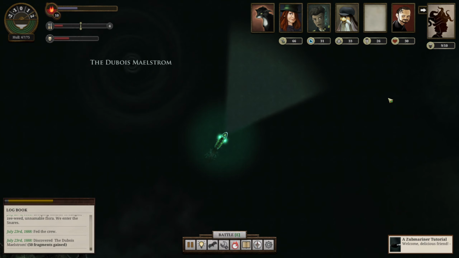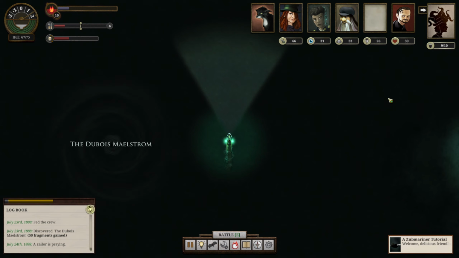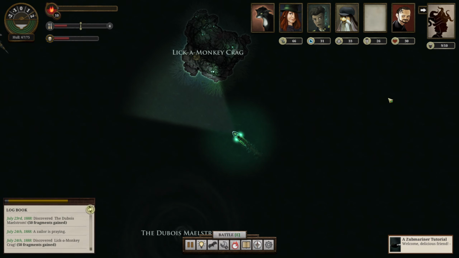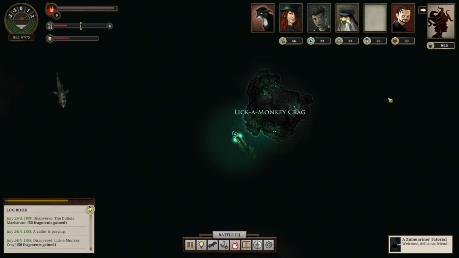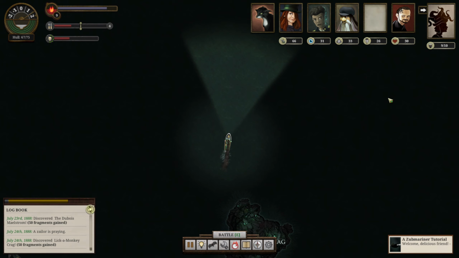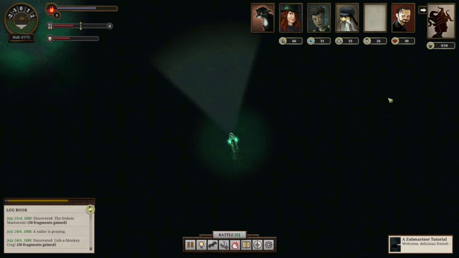Looks like we found the Dubois Maelstrom. It looks like there's a lighthouse to our right somewhere. Got our something awaits us back. Sail a little further. Discovered Lick a Monkey Crag. Curious name. Oh, and there is another big old shark we don't want to deal with. Those have 210 health. So I would like to not tangle with them if we could. That is the same amount of health that got us really good and proper diced on our last captain. I believe we're actually at the same starting hull damage from that as well, so...